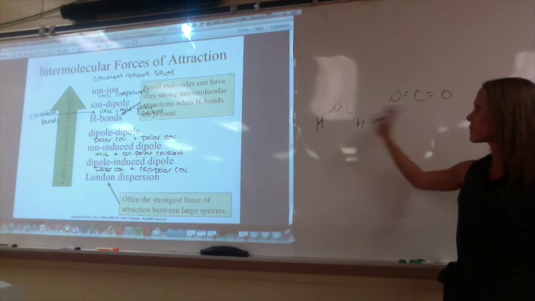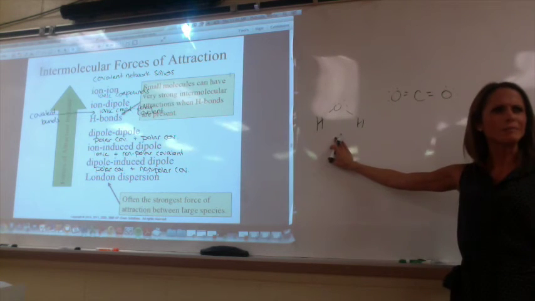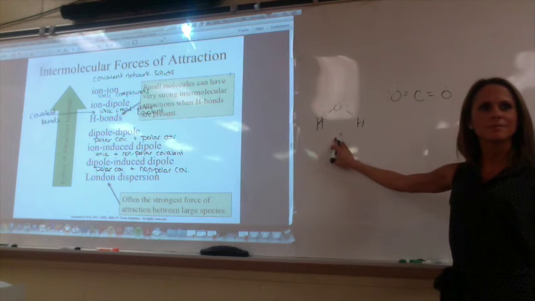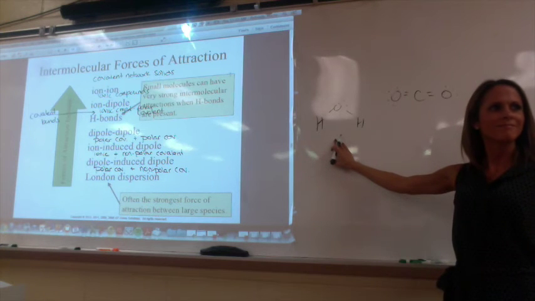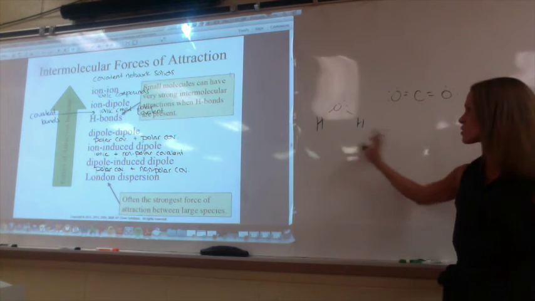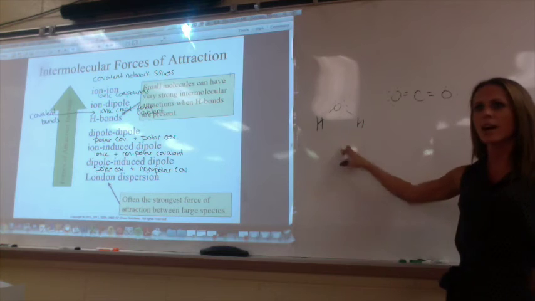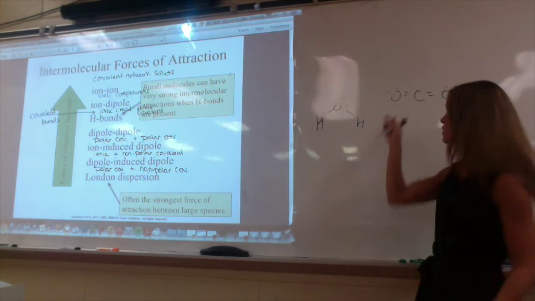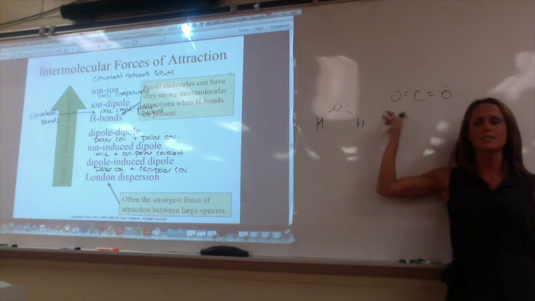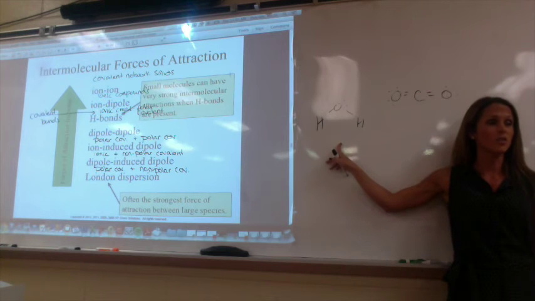Well, we know that carbon dioxide dissolves in water. How do you know that? Like soda? Like you all drink soda, and carbon dioxide is dissolved in there. Well, according to intermolecular forces, that doesn't make so much sense because this isn't polar and this is. So how do they attract to one another? This is a gas. How do you get a gas to dissolve into a liquid? Because it does, and you know that, right?